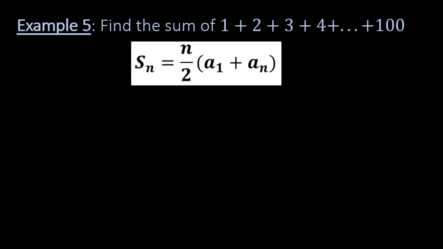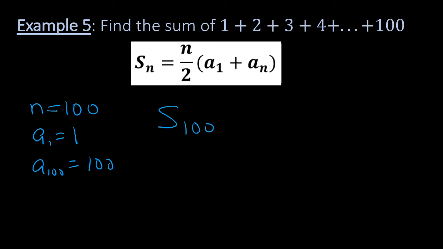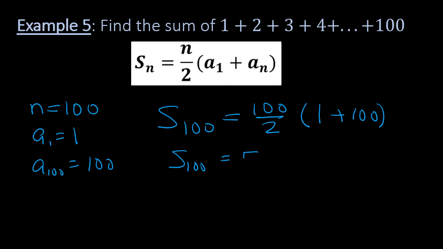All right, so example 5: find the sum of 1, 2, 3, 4, 5, all the way up to 100. So if I look in this list, I have 100 terms. My first term is 1, and my last term is 100. So I'm going to find the sum of the first 100 numbers. If I do the math, I get half of 100 times 101. So the sum of the first 100 numbers is